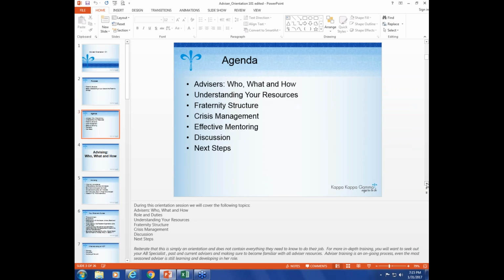So here's our agenda for the evening. We'll be talking about who, what, and how of advisors. We'll look a little bit at your resources. We'll look at this new fraternity structure. We'll have a piece on crisis management, because that's important for every advisor to know. We'll talk a little bit about mentoring, and then we'll have